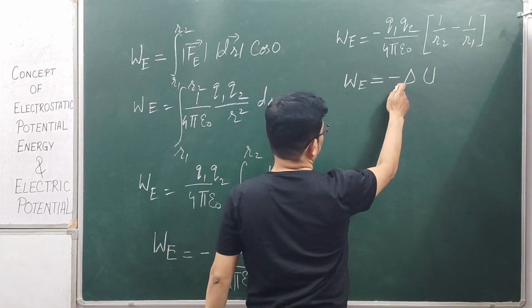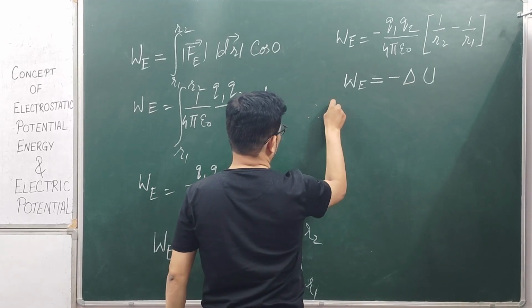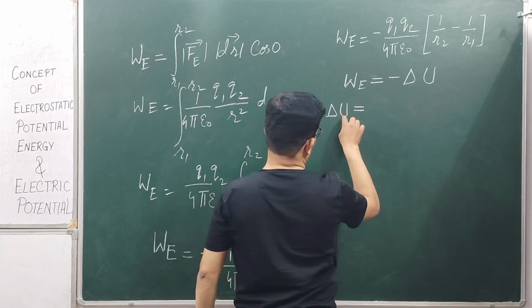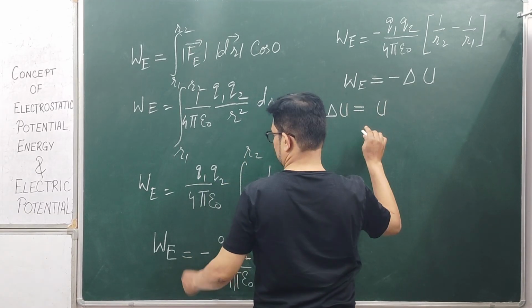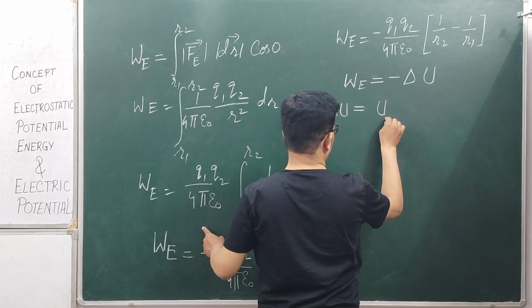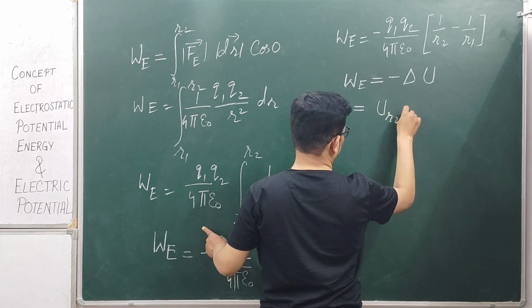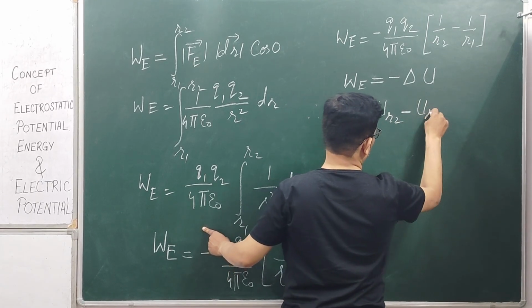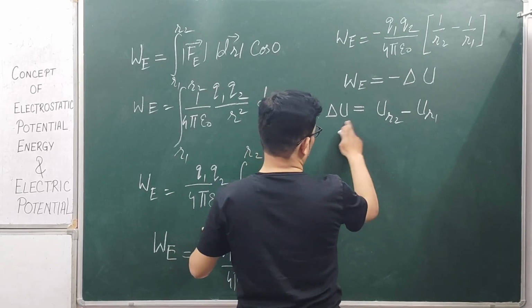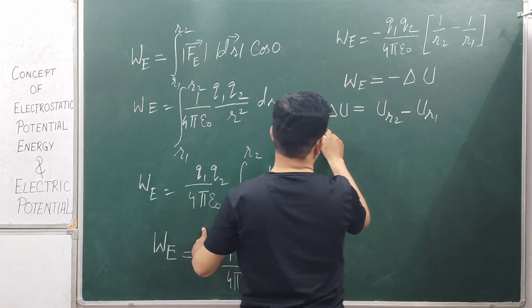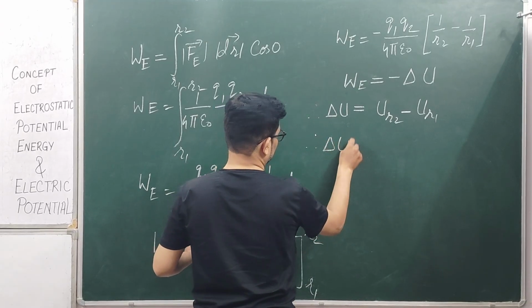So if you want to figure out delta U, which is the change in potential energy, suppose R2 is the final and R1 is the initial. So we are going to find this here, which is negative of this, which means that delta U